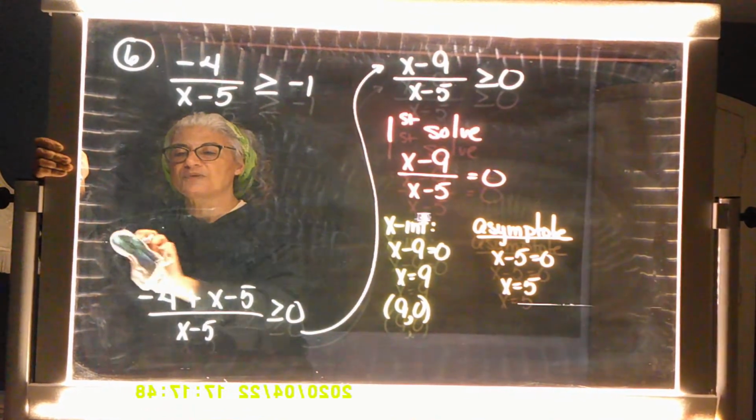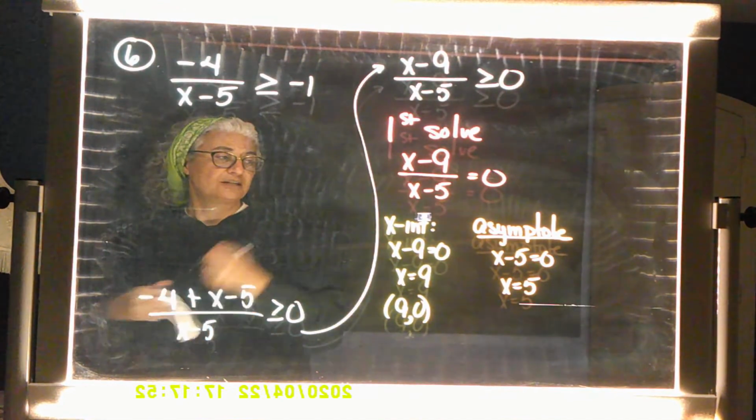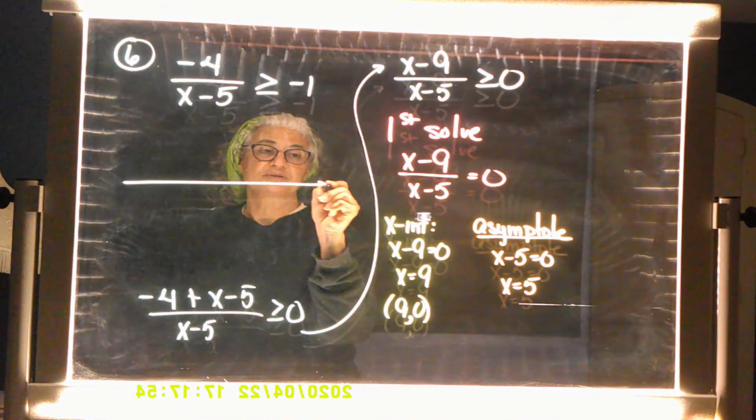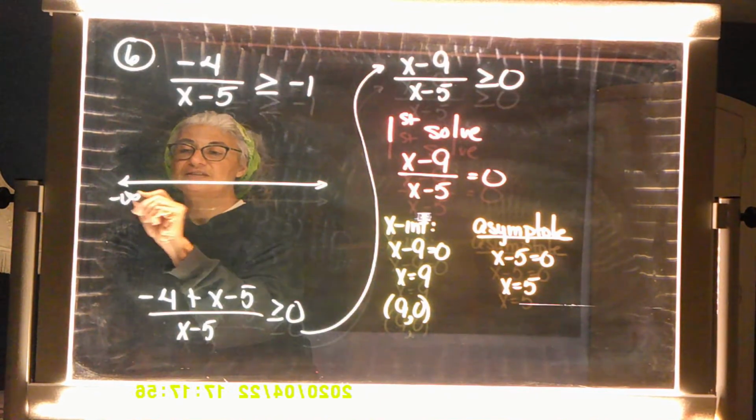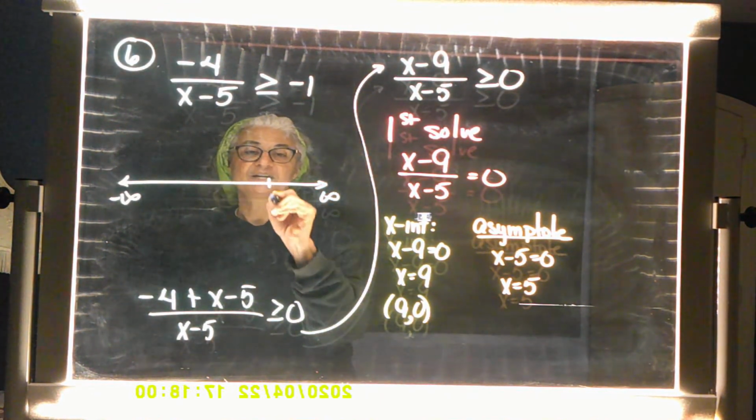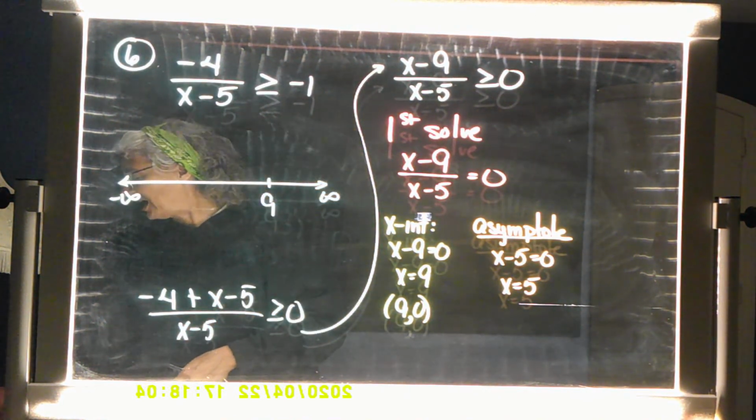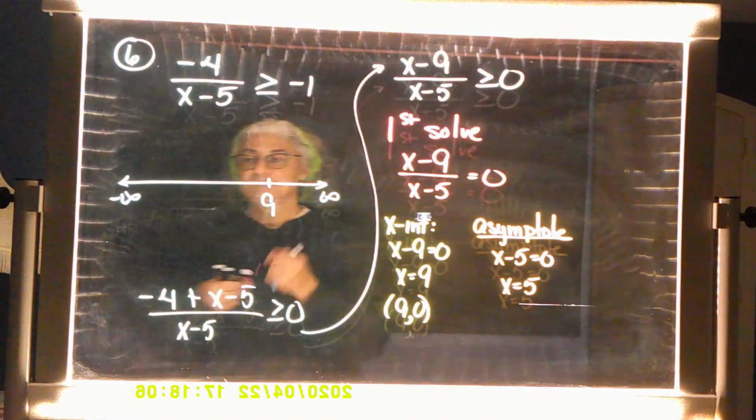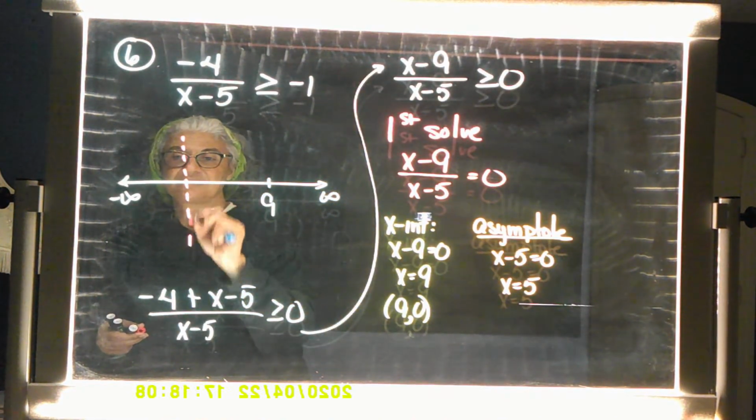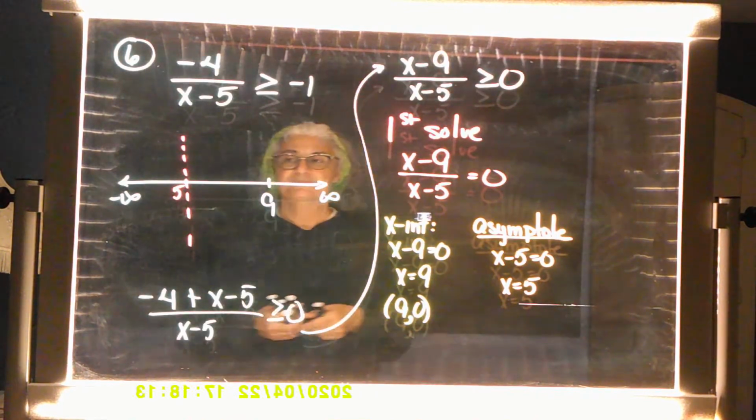Remember, make certain that when you do this graphing, that you put the numbers in the correct order. I have negative infinity and positive infinity. I have an x-intercept of 9, but now I've got this asymptote. I've got this wall at x equaling 5. Okay,